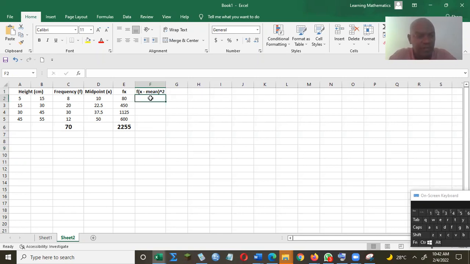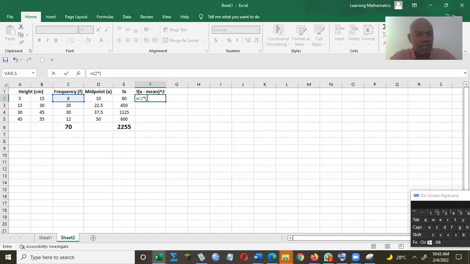First cell, the first one, F. The first F is 8. 8 is in C2. Equal C2 times, because you must put the times. If you just put the bracket, Excel doesn't recognize it automatically. Looks like they have not programmed Excel to recognize an open bracket without the times as a multiplication. So you must put the times, open bracket,